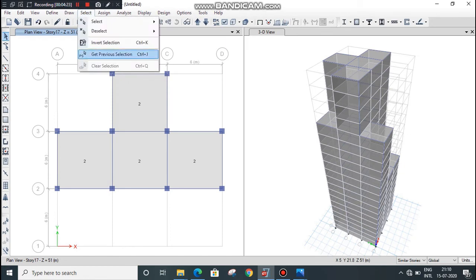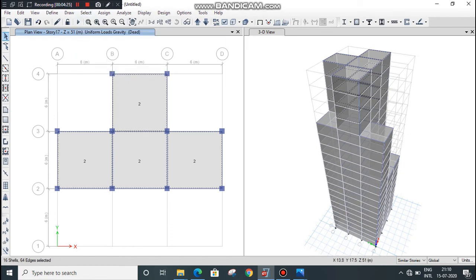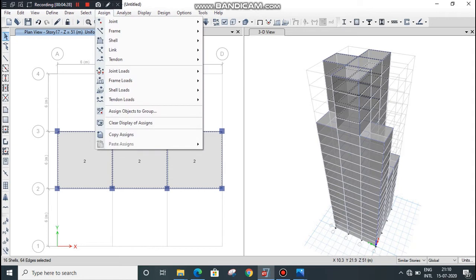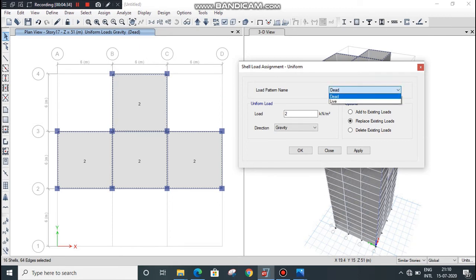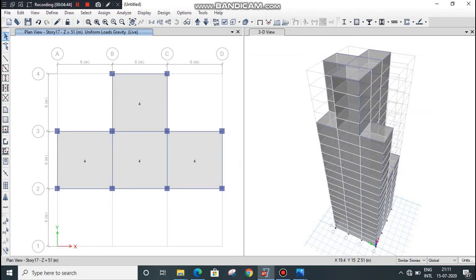Again go to select option and click on get previous selection. Go to assign menu, select shell load as uniform and load pattern name as live. Give live load as 4 kilonewton per meter square. Click on apply and OK.